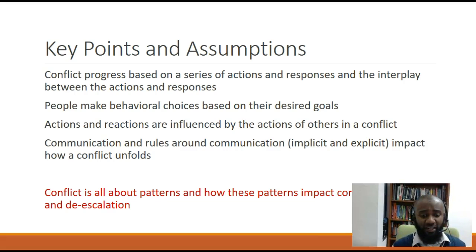So we may have a rule about when somebody is communicating with us that they should face us squarely. And if they decide to, in the middle of the conflict, turn to the side or turn their backs to us, that is a communication behavior that is being enacted. And because of that communication behavior, the other party may see that as a rule being violated or not, and that may cause the conflict to go in a very particular direction.